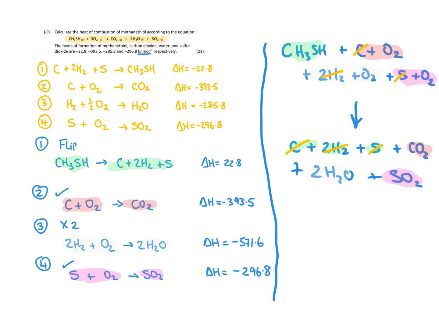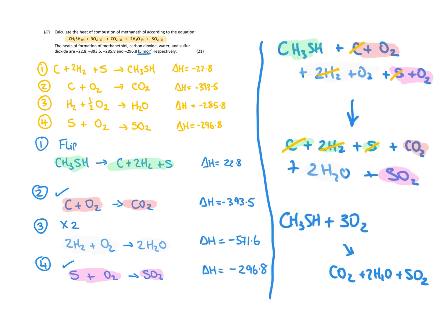And now what I can do is write out my equation with what I have left. So if I do that now, I will get CH3SH plus, if I add all my oxygens, that adds up to 3O2. And that will give me what's left on the product side, which is CO2 plus 2H2O plus SO2. Now we also need to total up our delta H values. So we can do that here. And when we total all of these values up, what we get is minus